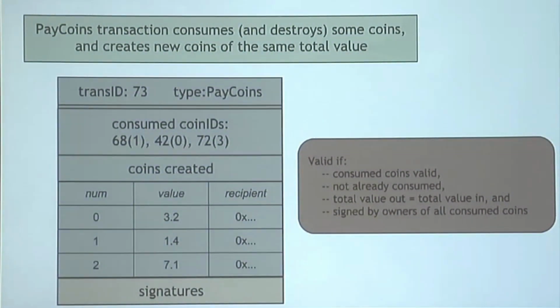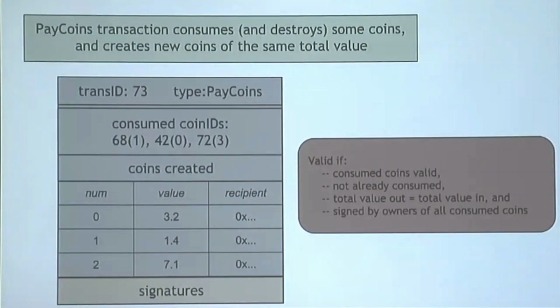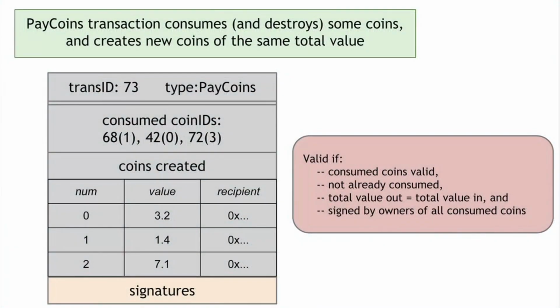The rules of Scrooge coins say that a PayCoins transaction is valid if 4 things are true. First, if the consumed coins are valid, that is, they really were created in previous transactions. Second, that the consumed coins were not already consumed in some previous transaction. That is, that this is not a double spend. Third, that the total value of the coins that come out of this transaction is equal to the total value of the coins that went in. And finally, that the transaction is validly signed by the owners of all of the consumed coins. If all of those things are true, then this PayCoins transaction is valid. Scrooge will accept it. He'll write it into the history, into the blockchain, and everyone will see that this transaction